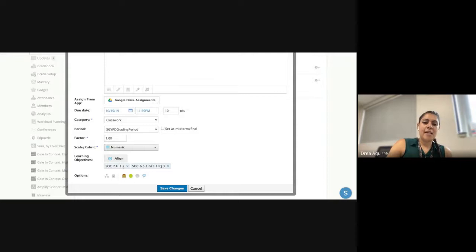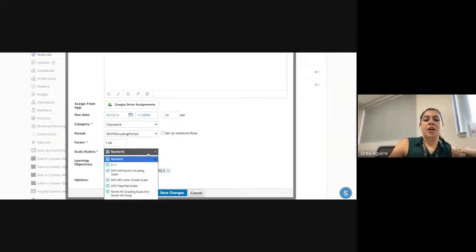But if I'm looking at it and I know that my student actually got what would be a 10 out of 10 on this standard, but an 8 out of 10 on this standard, and I want that to reflect in the mastery tracker, I'm going to want to use a rubric. And so I can go and create a rubric